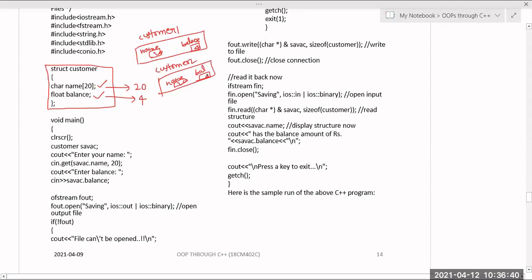So if I want to read more than one block of data, and each block may contain n bytes of data, then read and write functions are used whenever I want to read more than one block of data, in which each block contains some n bytes of data.